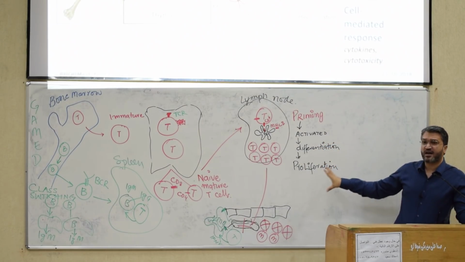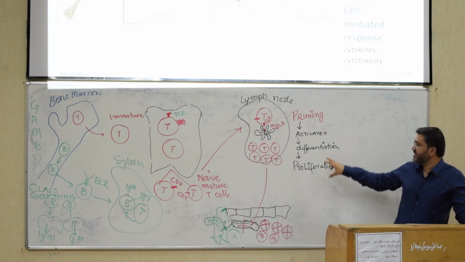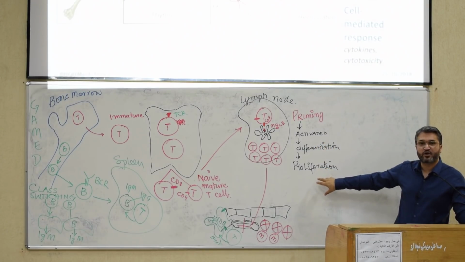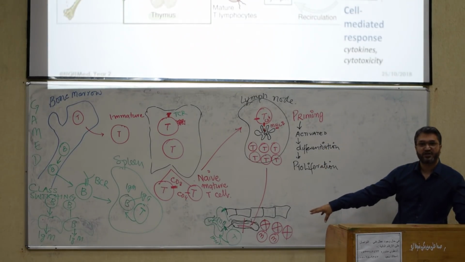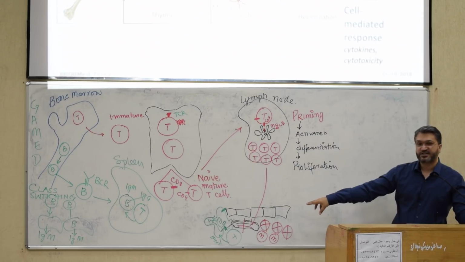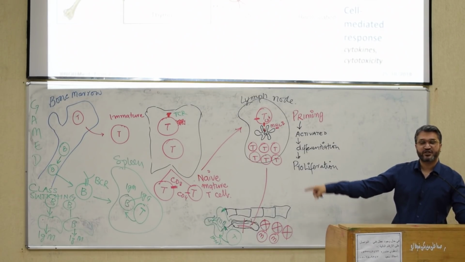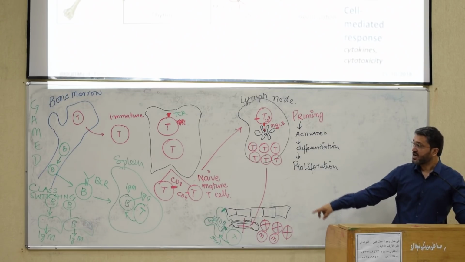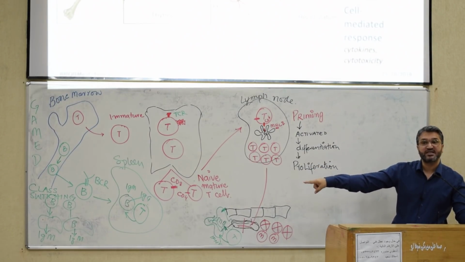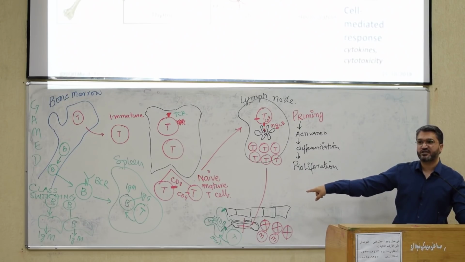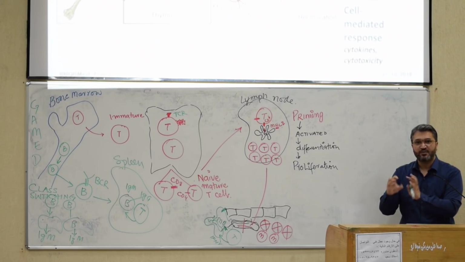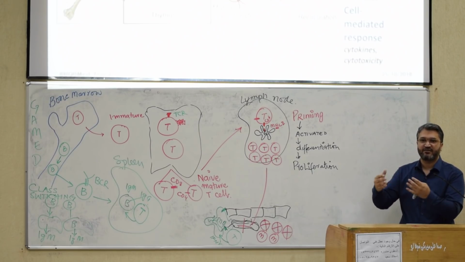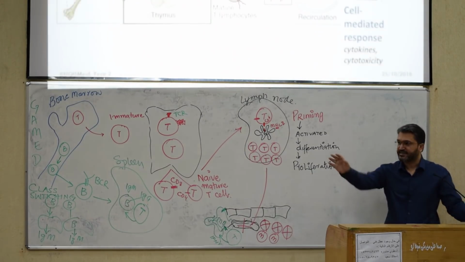Then a big army is produced. That big army is called, this production is called proliferation. And finally all these cells with the help of a cytokine will move to the tissue. In the tissue, they will try to kill the pathogen, and also help the macrophages, which are going to present antigen in the tissue. And the T cell is also going to help the B cells, which will present the antigen to the T cell. So they will all together now produce antibodies, helper T cells, cytotoxic T cells, and they will try to kill the pathogen. Yes? How T cell will